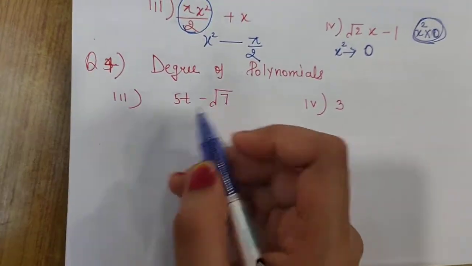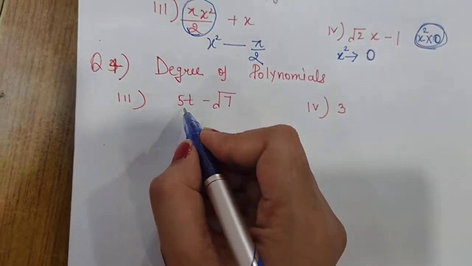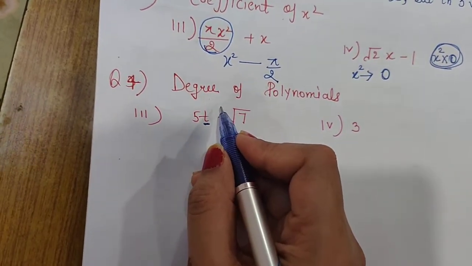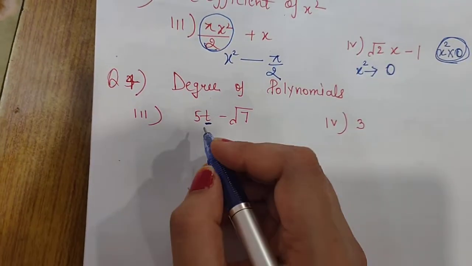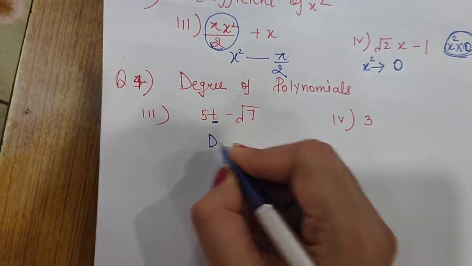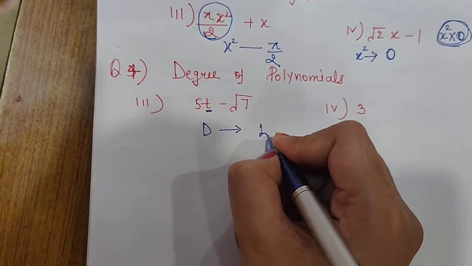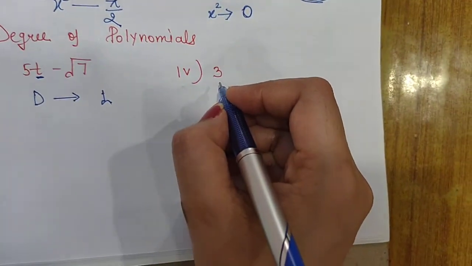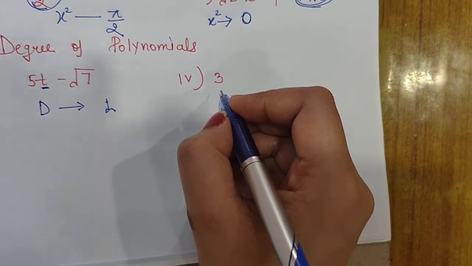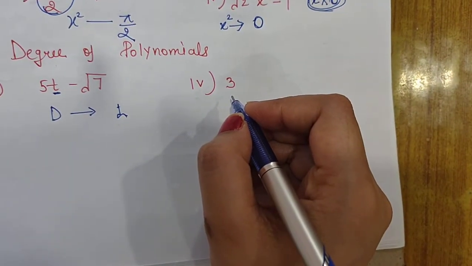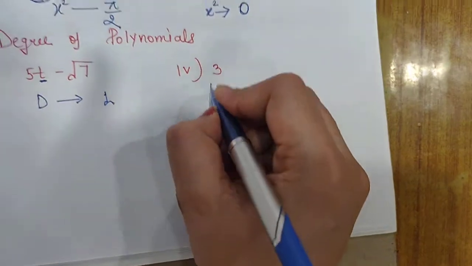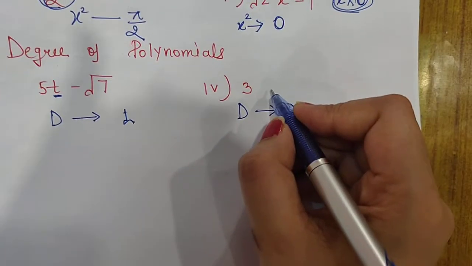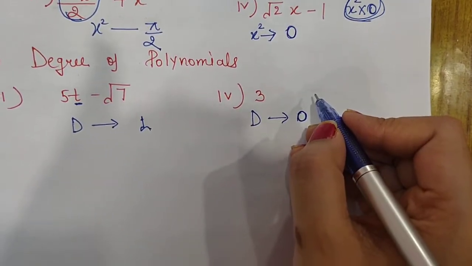Now the fourth question is the degree of polynomials. This I also explained: the highest degree of the variable. First you have to see the variable. t is the variable in this polynomial and it appears only one time, so the degree of t here is 1. So what is the degree of this polynomial? 1. And in the fourth part you will see there is no variable. It means this one is a constant polynomial, where the power of any variable is 0. So in this the degree of the polynomial is 0. That's why the variable is not there. And this type of polynomial is called a constant polynomial.